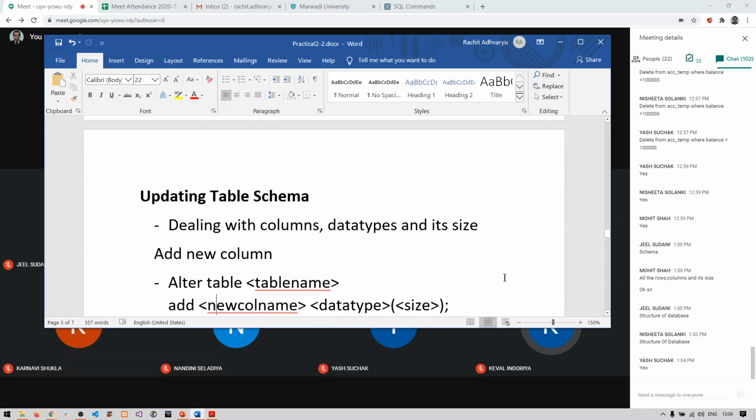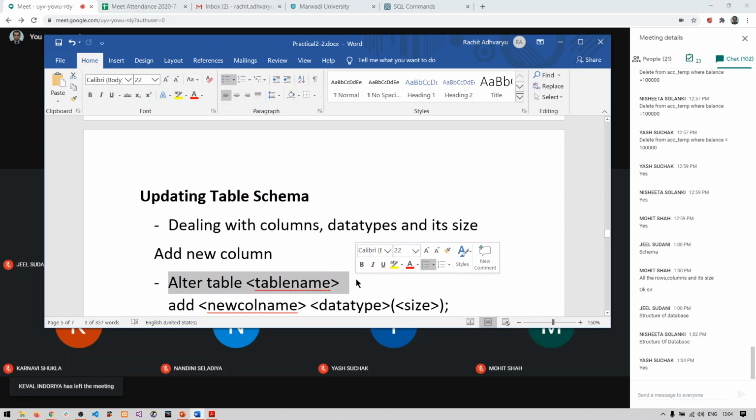The syntax of adding a new column is this. ALTER is the command for updating the table schema. This statement will be used in each and every part, whether you are adding a new column, changing the name of a column, deleting a column, or changing the type and size of a column. This command is common for all operations.